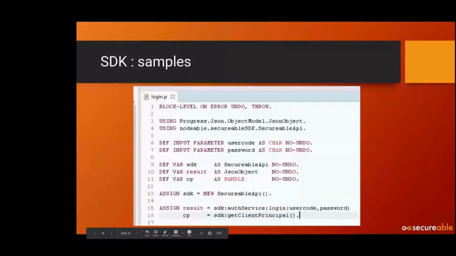One of the things that we should point out, I know that you guys have seen some stuff on security and about OpenEdge Authentication Gateway earlier today, and one of the key things in terms of positioning SECURABLE is that SECURABLE is not a competing product to Authentication Gateway. It's a possible authentication provider that Authentication Gateway, PASOE, or your application can use to heighten security and make all this complicated back-end integration so much easier. That's really what we're trying to do here.